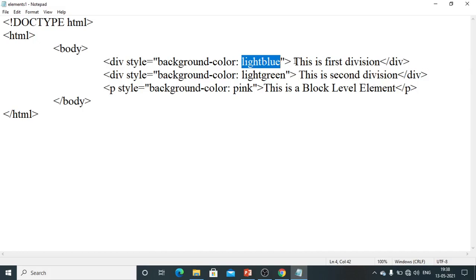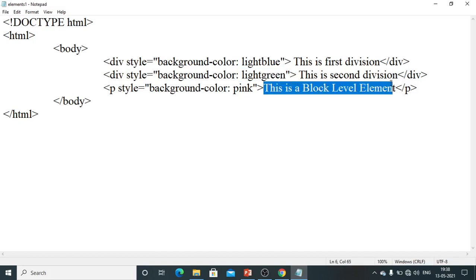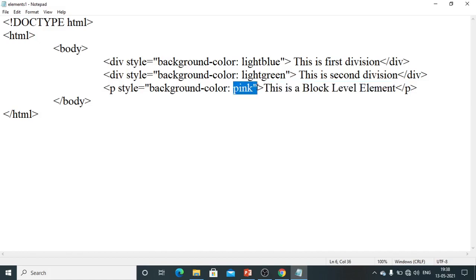In the content I include: this is the first division. Next, this is the second division, with a light green background color. And next is a block level paragraph, with a pink background color.